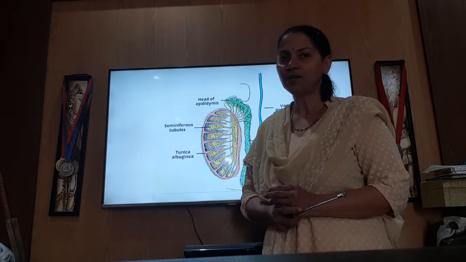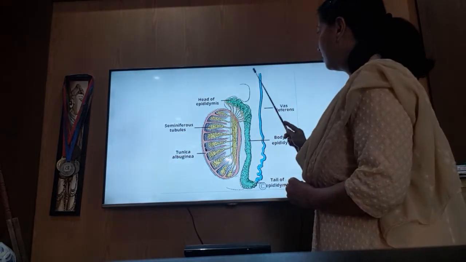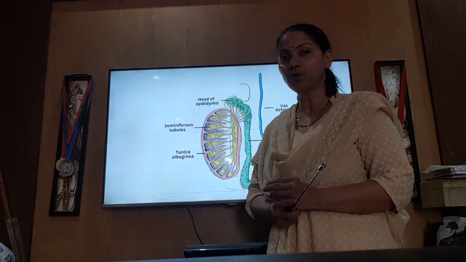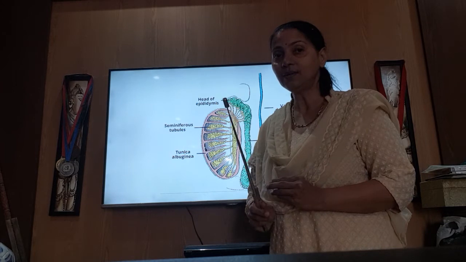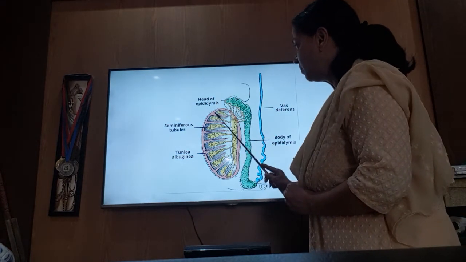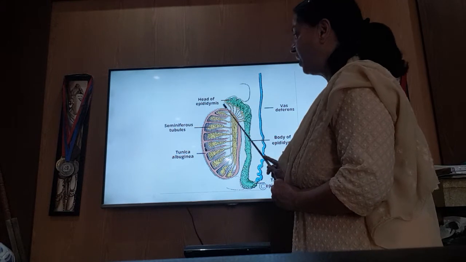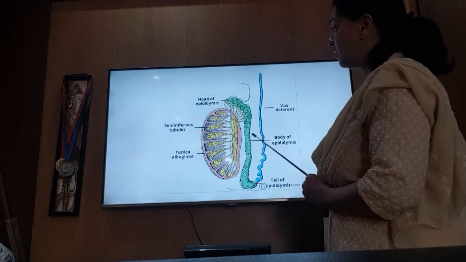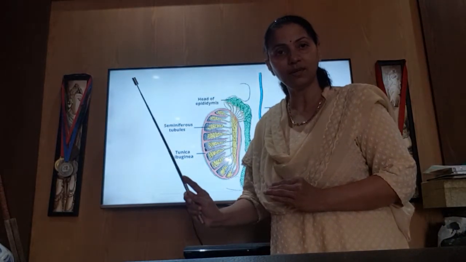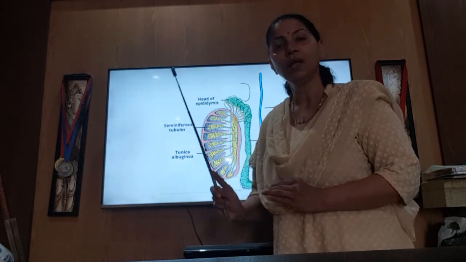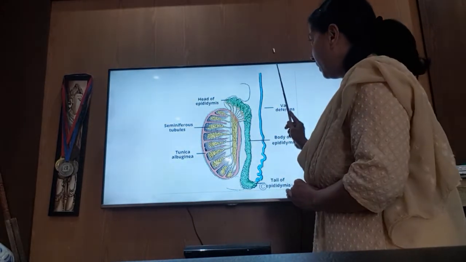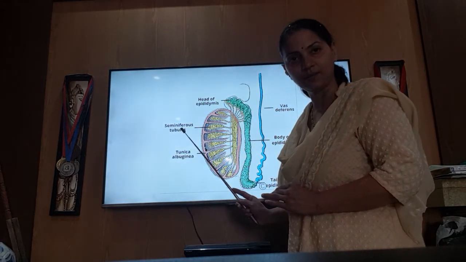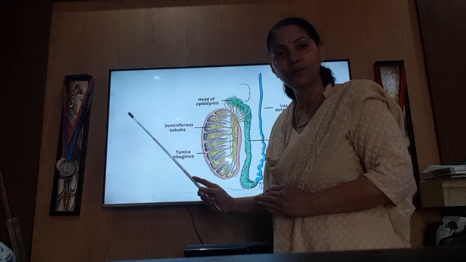So I think you have understood how important this spermatic cord is, and one very important structure that you should not forget, that it is taking the sperms, the veins, the lymphatics from this testis and epididymis to the peritoneal cavity, isn't it? From there they will reach their destination. It is also bringing the arteries from the peritoneal cavity to these organs which are lying outside the peritoneal cavity,